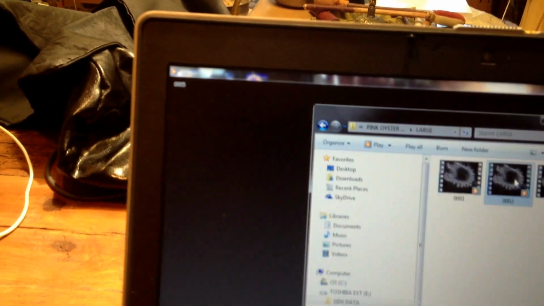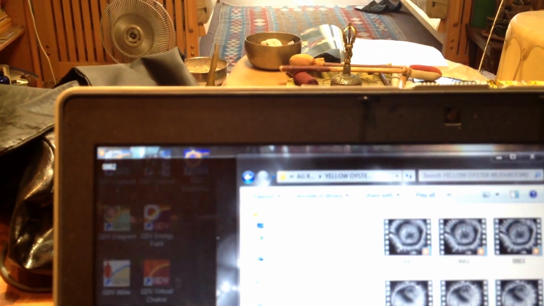And here, let's look at this. And these are the striations. So what we are looking at right here is this. Are these striations over here? And so you can see the streaks and the lines, and they are filled with information and light. Now let's go to the first yellow mushroom,